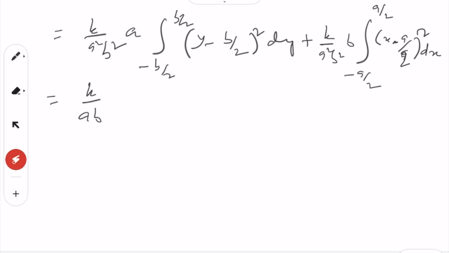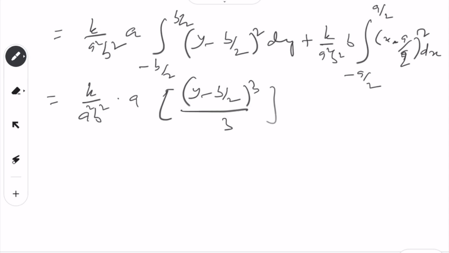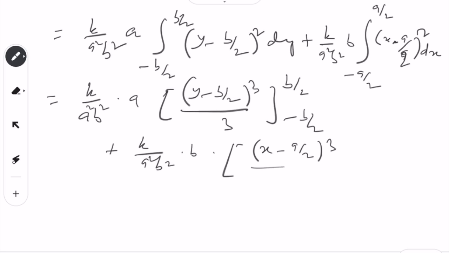Okay, no, we don't do it like that. Okay, so let's write a square b square only, then multiplied by a, and then we have y minus b over 2 cube divided by 3, b over 2 minus b over 2, plus k over a square b square multiplied by b, and then we get the same thing here, x minus a over 2 cube over 3, and this gives a over 2 to minus a over 2, which will be equal to